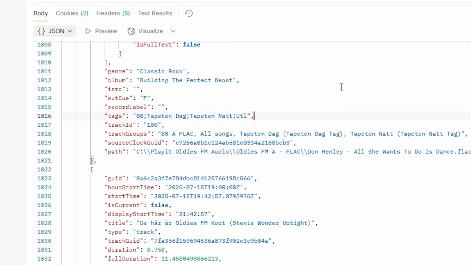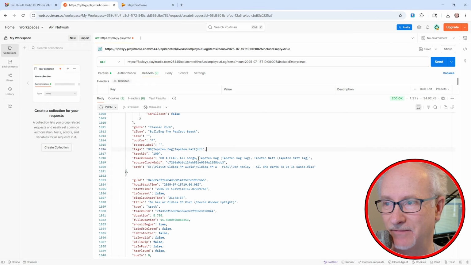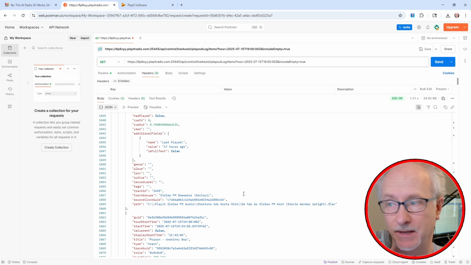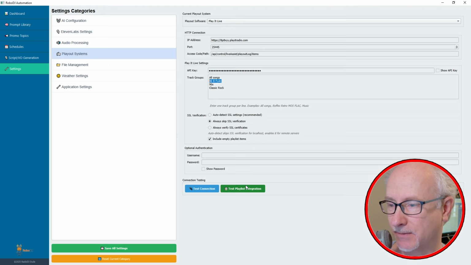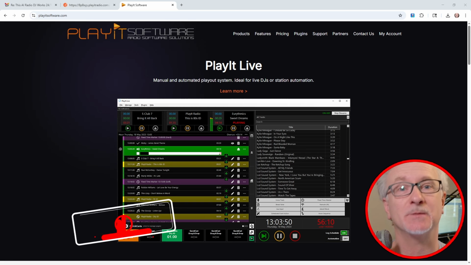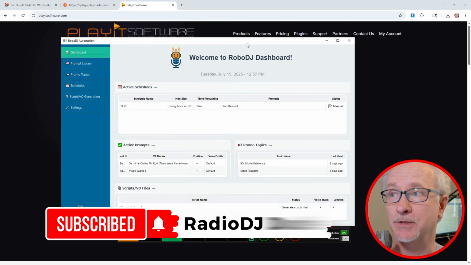Granted, some of his other songs have 80B FLAC, but this one has 80A FLAC. But the reason it matched was because it had all songs. You could choose which tags you use, but they just have to match. That's the bottom line. So I'm just really excited to be able to extend the use of RoboDJ to a